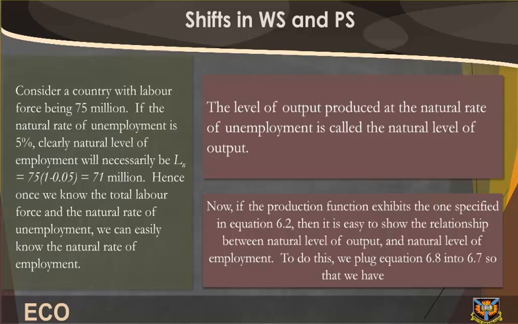Hence, once we know the total labor force and the natural rate of unemployment, we can easily know the natural level of employment. The level of output produced at the natural rate of unemployment is called the natural level of output. Now, if the production function is the one specified in equation 6.2, then it is easy to show the relationship between natural level of output and natural level of employment. To do this, we plug equation 6.8 into 6.7 so that we have